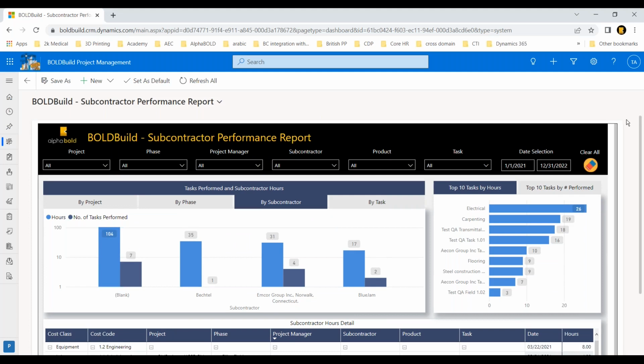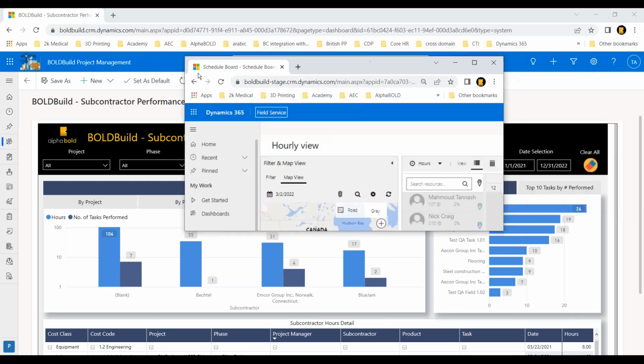So that's what I wanted to cover on the project execution. Now, the last thing I want to showcase to you is the field service module, because we know that a lot of you have to deal with lots of requests like leakages and repairs and so on and so forth. So I'm going to move on to that, Nick, unless you have any questions.